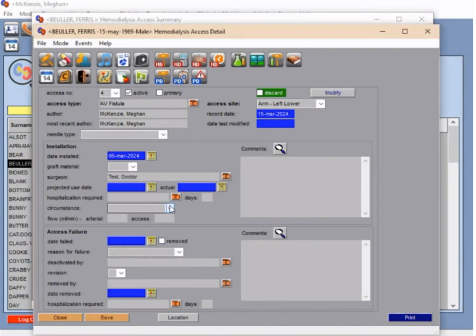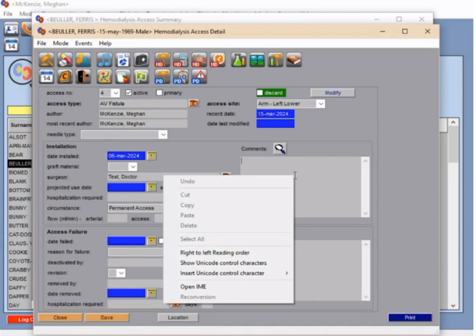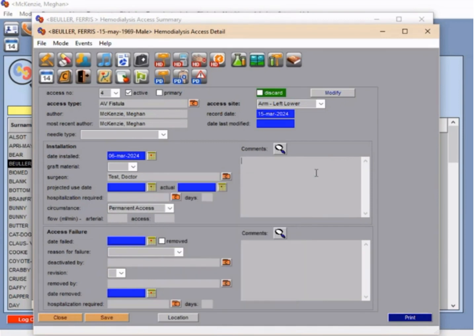The circumstance for installation can be added by choosing from the drop-down menu. For this AV fistula, I will select permanent access as that is the plan with this access. In the comments section, you can type freely. You typically wouldn't use this for an AV fistula, so I won't add anything here for my patient. However, for a CVC, you would use this section to document the baseline measurement as well as the volume of the lumens. Now that I have filled in all the necessary data, I will click Save,